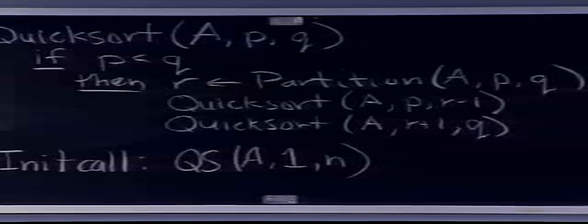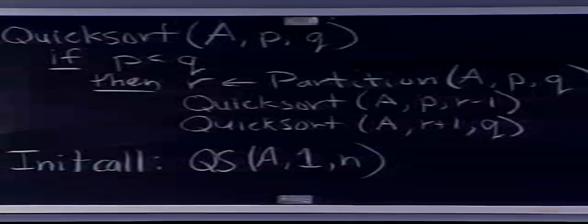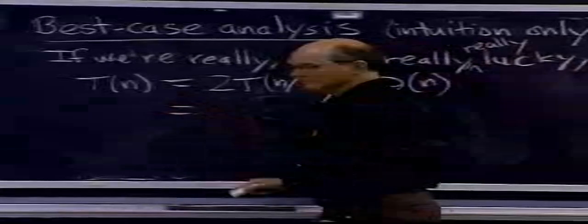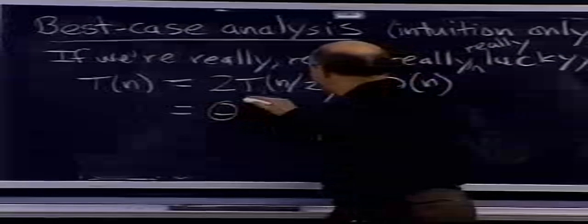Okay. Because I'm recursing on two subproblems of size n over 2. So I've got twice the work to solve the subproblems. Here's the two subproblems. Both of them have to be done. So it's 2T of n over 2. And then all the other work, partitioning and whatever, that's all order n. Okay? And what's the solution to this recurrence? Yeah, theta n log n.